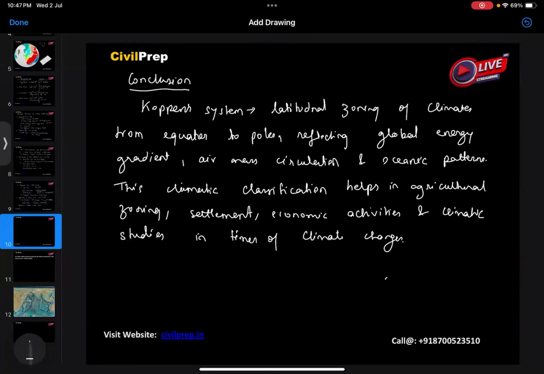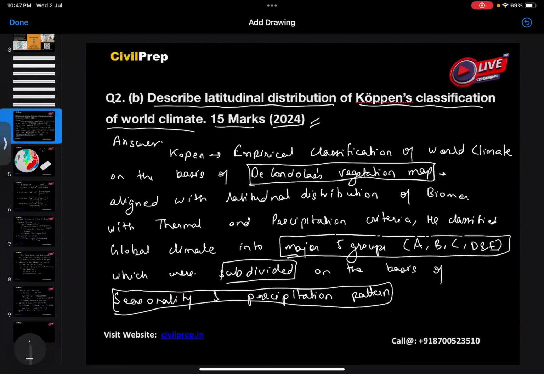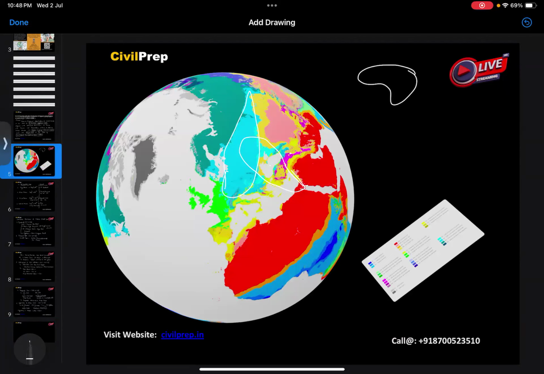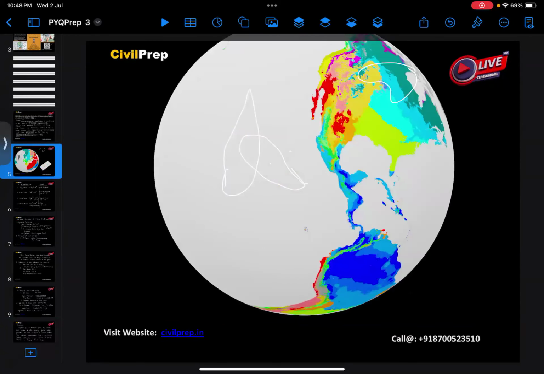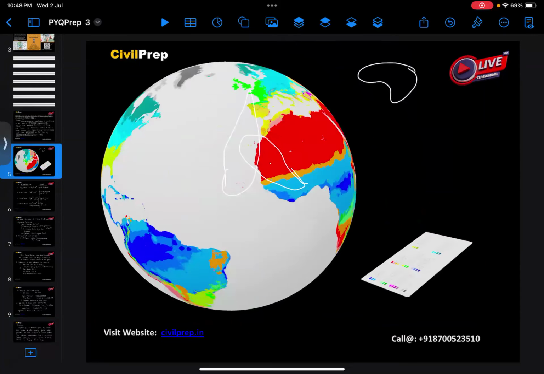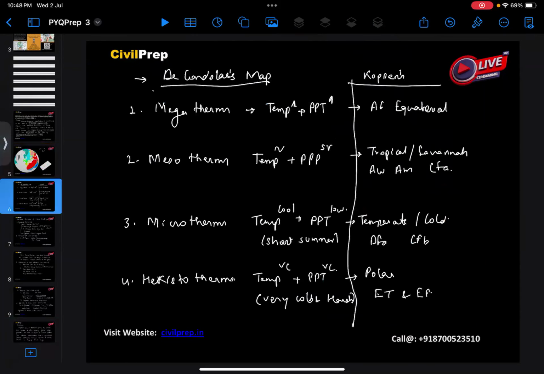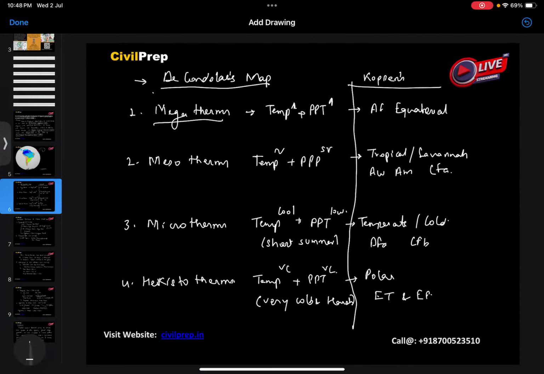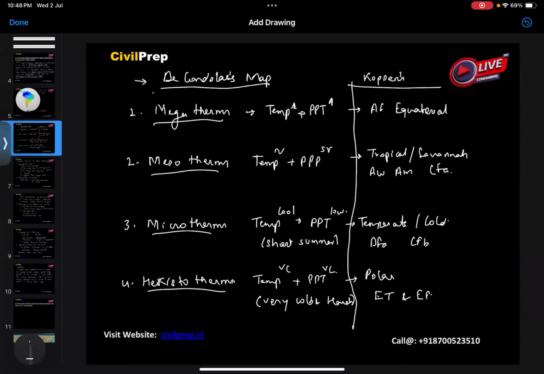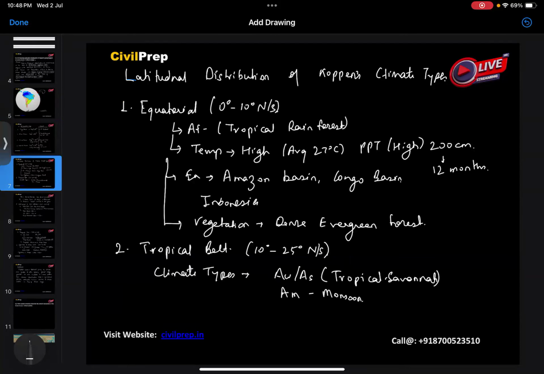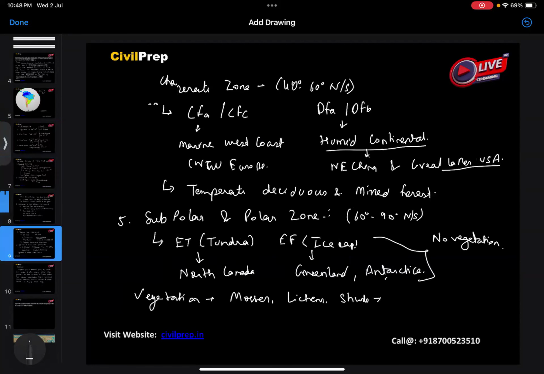So guys, this is one of the answers which is seen from the Köppen's perspective. Okay, so this is the Köppen's climatic classification where we can see a 3D model of a map where we have the provision of the various types of climates of the world. Okay, so guys, it is also interlinked with de Condorcet's map and the various classifications which were done by de Condorcet, and the latitudinal zoning and distribution as per Köppen is seen here along with the conclusion.